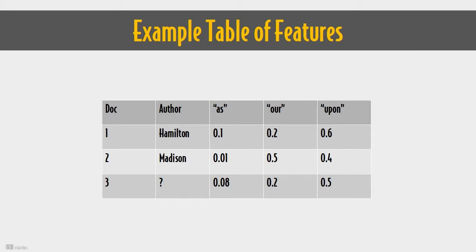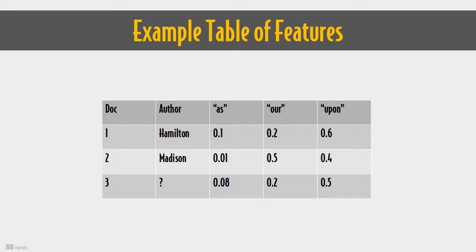A script that created the data is available as countwords.py that ran on a copy of the Federalist Papers from Project Gutenberg. Suppose we have some word frequencies in a simple table like this. How do we use these to pick the author? We can see that Hamilton happens to have 0.6 relative word frequency of use of "upon," which is quite a bit, whereas Madison in document number 2 has 0.5 relative word frequency for "are." Finally, there's document 3, which is disputed, which has its own relative frequencies that seem to lie somewhere between Hamilton and Madison.